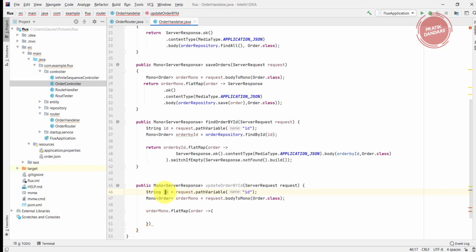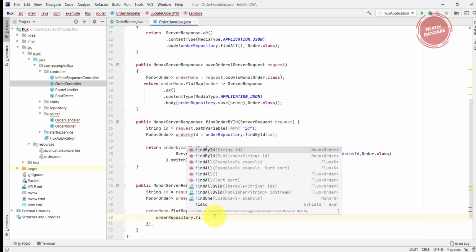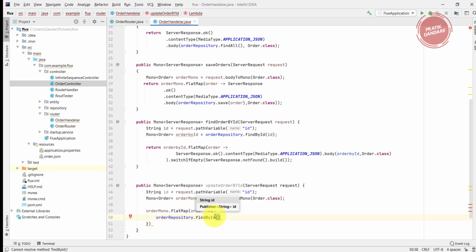We need to get the actual order which is present inside the DB. This is the first step, or we can say the second step. So I'm using orderRepository, and I have the method called findById, and I'm putting the id here. Now we have the order here.